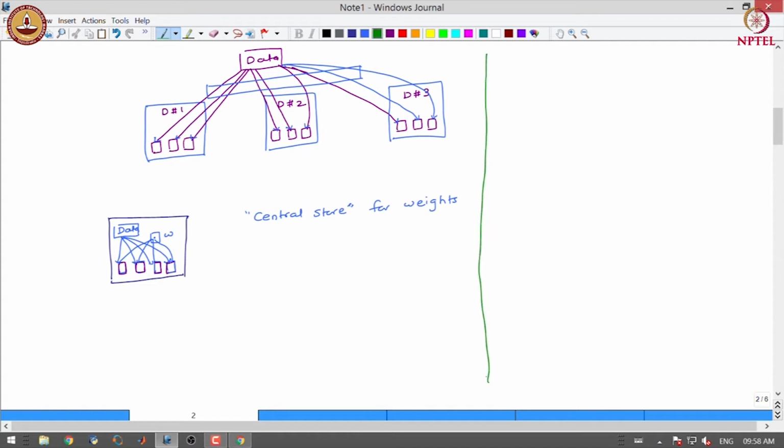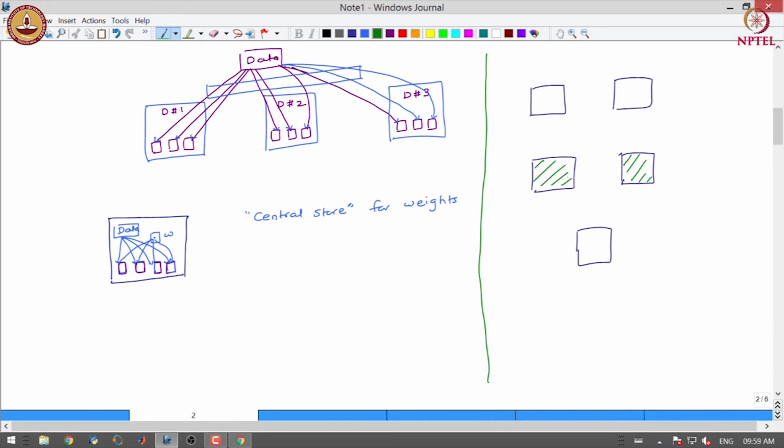We have one more strategy that involves multiple workers, and some of the workers behave as masters.